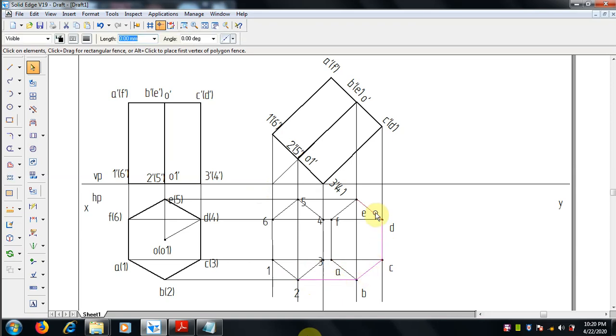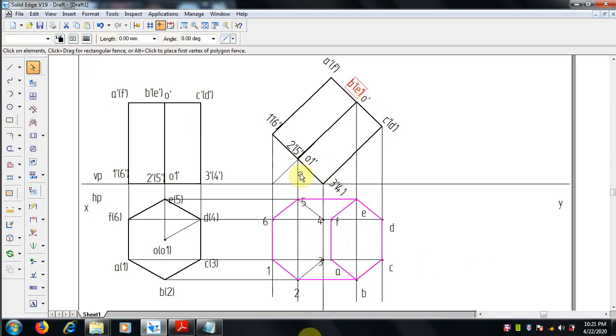So boundary, what are the outer lines? The maximum boundary, just select and make it 0.5 mm thickness. This is the visible boundary. From the top, if you are seeing, this is what we can get, the outer line, total visibility. And the top face is visible, the bottom base is not visible. So the top also should be selected and it is 0.5 mm thickness, right? So the top is done.